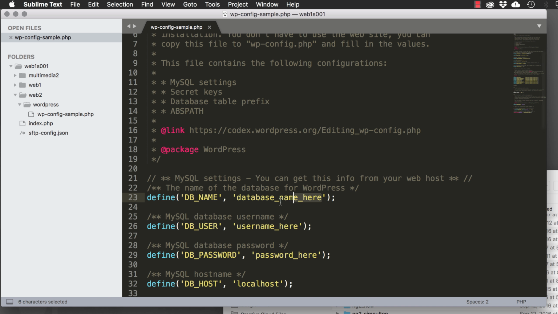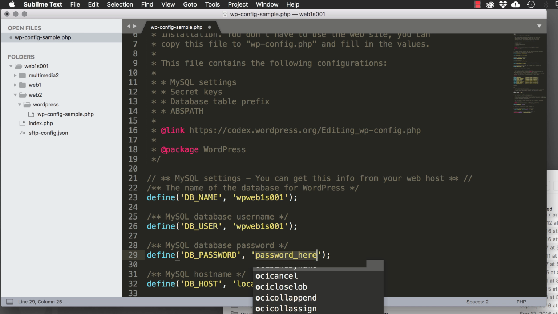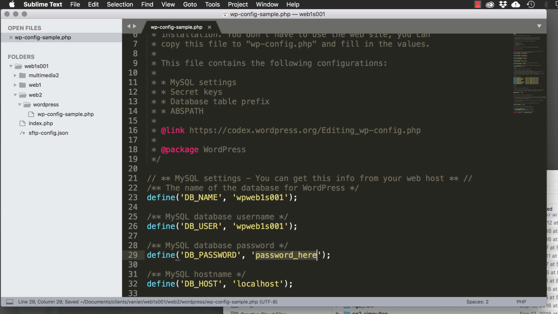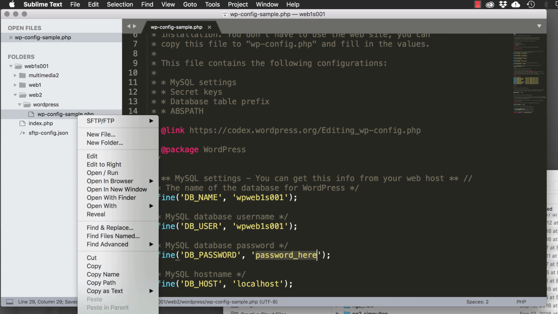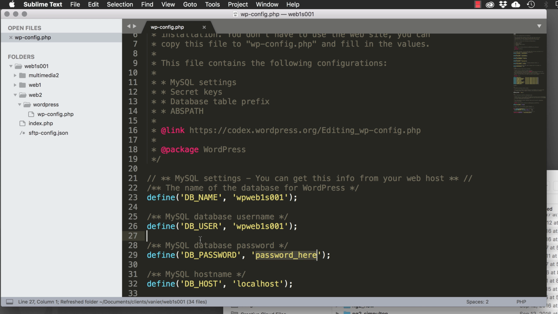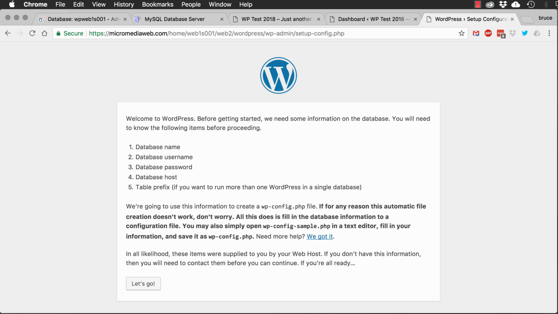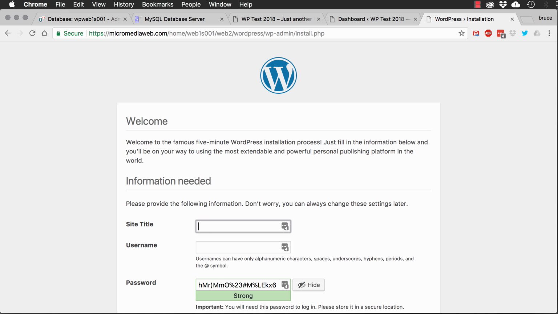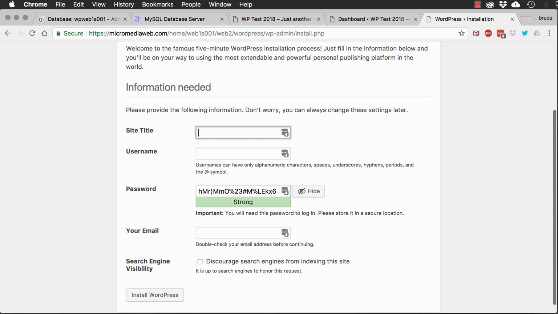Now what we need to do is enter in our database name here. The username is the same as the database name, so it'll be WP and your student number, and then the password. Save that, and then we need to rename it, getting rid of sample. And then if we upload that and come back here and go back to our WordPress folder, now you can see WordPress has been installed, and we just have to